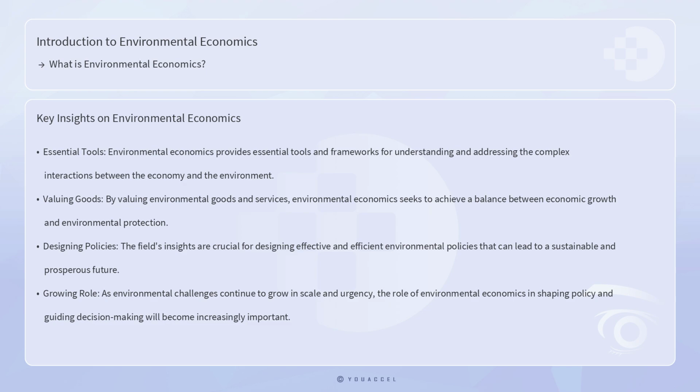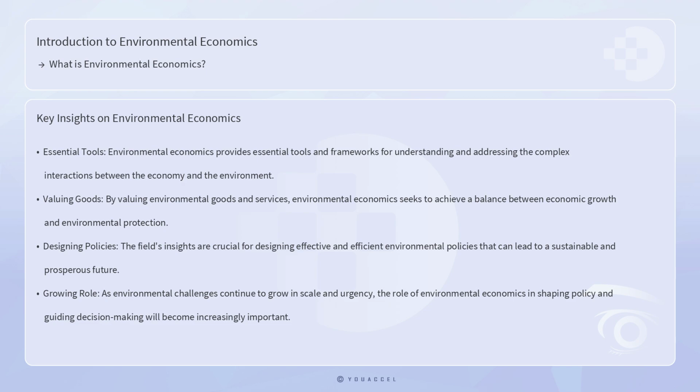In conclusion, environmental economics provides essential tools and frameworks for understanding and addressing the complex interactions between the economy and the environment. By valuing environmental goods and services, internalizing externalities, promoting sustainable development, and ensuring equitable distribution of environmental benefits, environmental economics seeks to achieve a balance between economic growth and environmental protection.